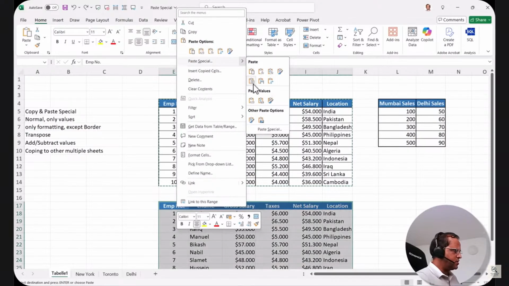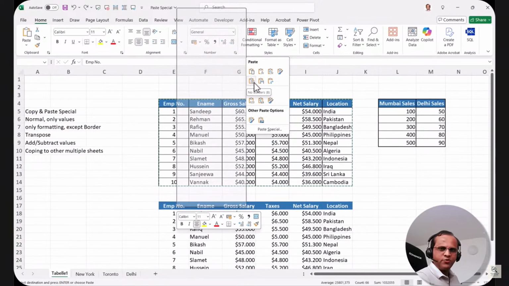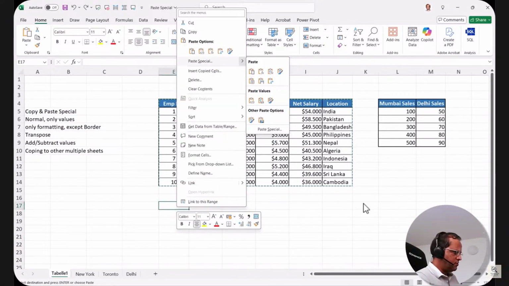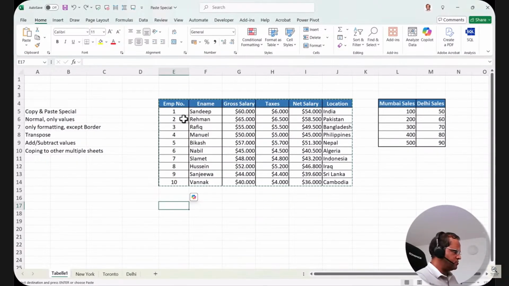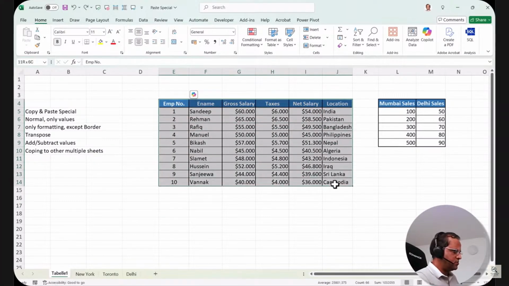In the source formatting, it shows me below the whole source formatting. Then this option is known as no border. So you paste it, but there should not be any border. Here you can see that I have created a border, just to show you again. So here there is some dark border. If I want to paste everything, and then I do not want to see the border, then that is also possible. So let me again select this whole table,